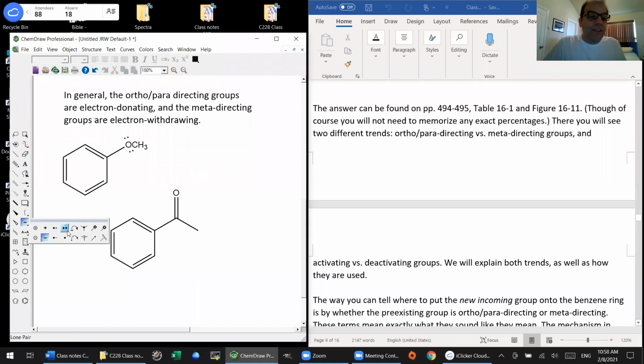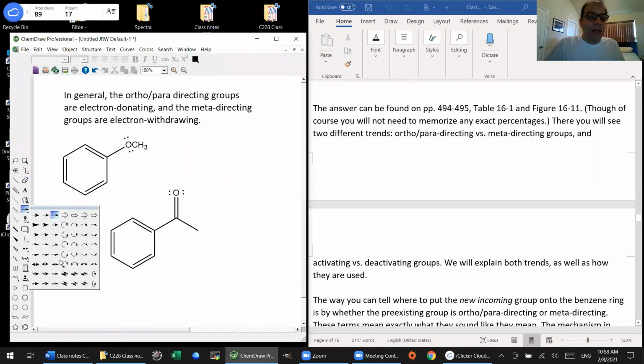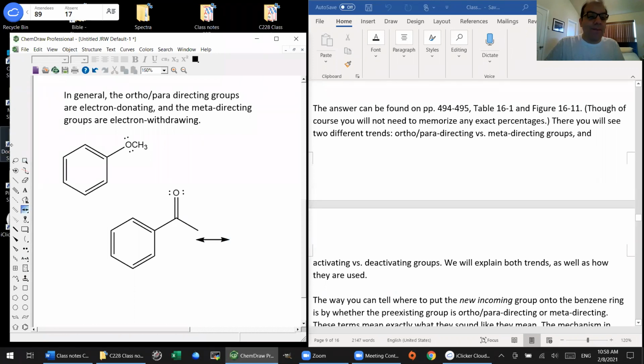So if we considered, for example, this compound, acetophenone, we've got a carbonyl group attached to the benzene ring. And as you may recall, carbonyl groups are themselves resonance stabilized such that there is a partial plus charge,